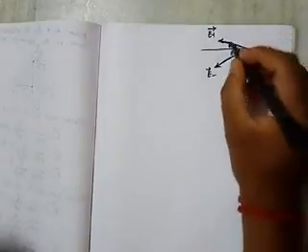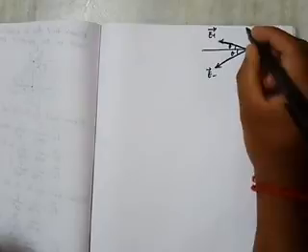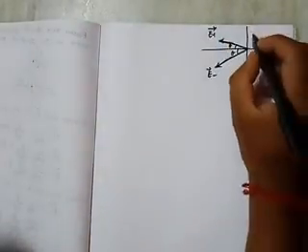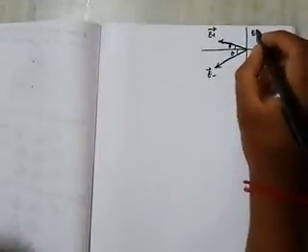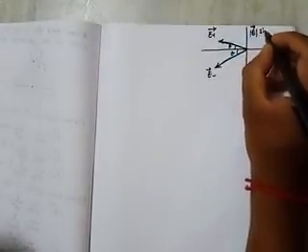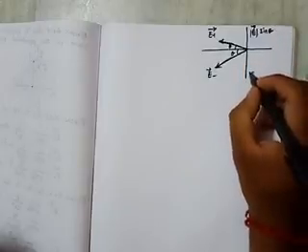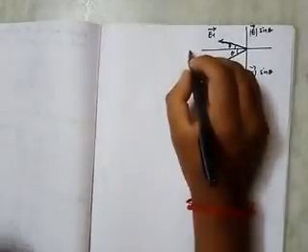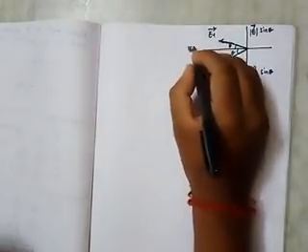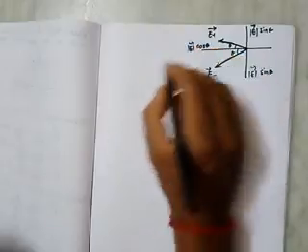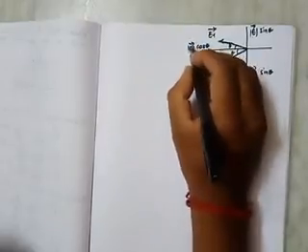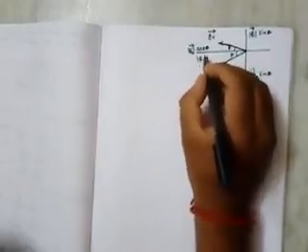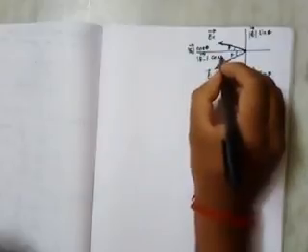So the total electric field is resolved into two components, horizontal components and vertical components. Here the vertical component is resolved by sin theta, so it is modulus of E vector sin theta. The horizontal component is resolved by cos theta, so modulus of E vector cos theta, which can be written as E plus vector cos theta. Here this is written as modulus of E minus vector cos theta.